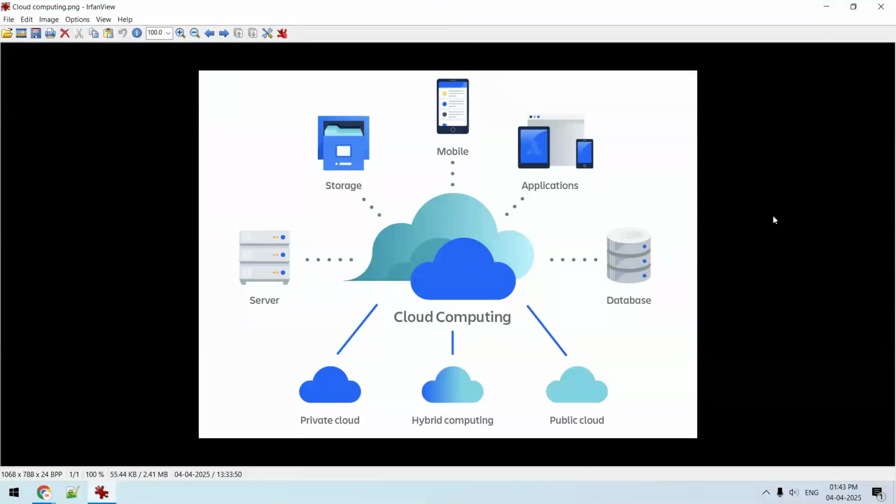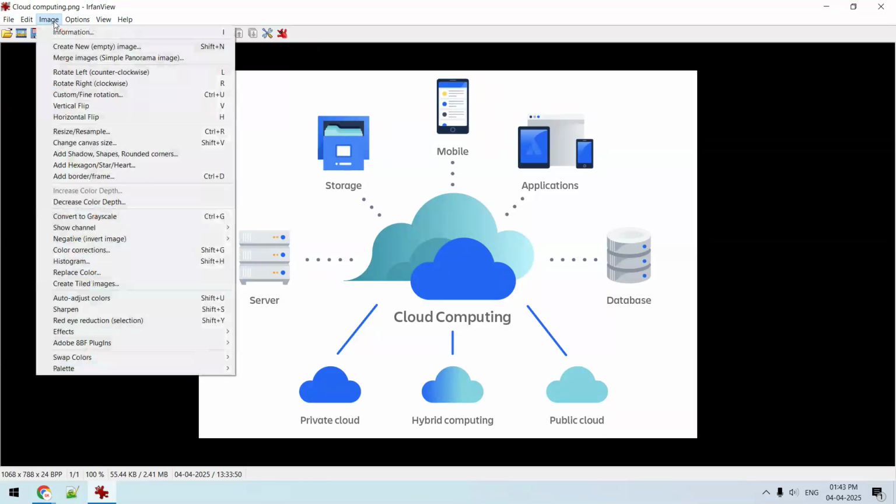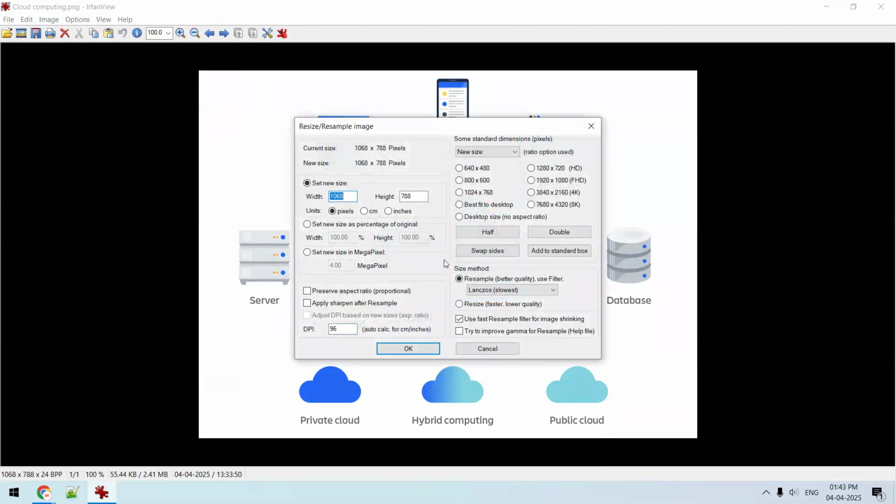I want to convert it to a specific size along with a particular resolution. So you can see straightforward options available: Image, Resize. And its setup is only around 6 MB. In which resolution, in which dimension do I want to convert? So 640 by 480, or this one. What about the size, height, width, and whether the aspect ratio, proportion, is to be preserved or not?